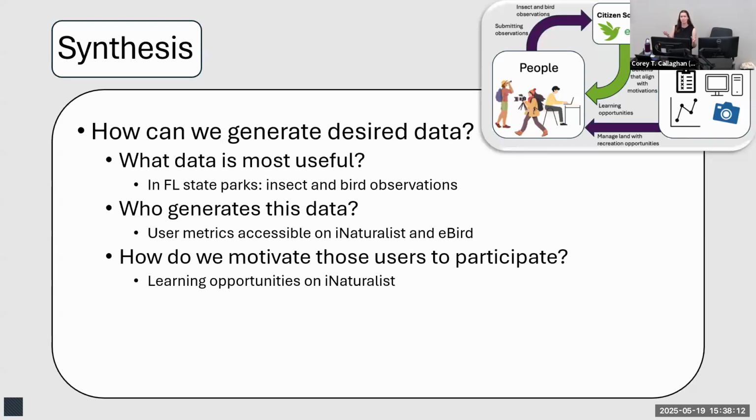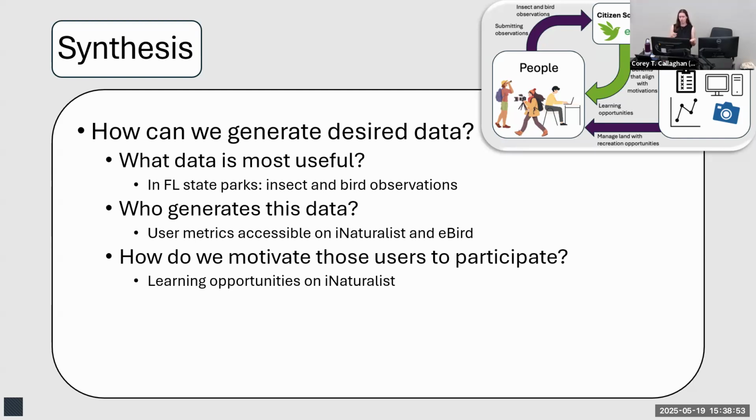I think that having this perspective is very important because it allows us to answer more complex questions. This is just an example, and there are definitely so many other questions to answer, and my research is not the answer to everything. But an example would be, in general, how can we generate desired data? To answer that question, we would need to know what data is the most useful. My second chapter found that in Florida state parks, insect and bird observations are most useful from citizen science. Then we would need to know who generates that data? We could do a user analysis because the metrics of users are available from iNaturalist and eBird. And then we would want to know